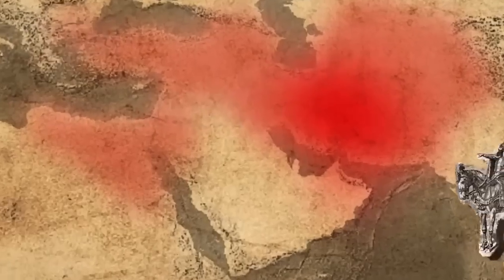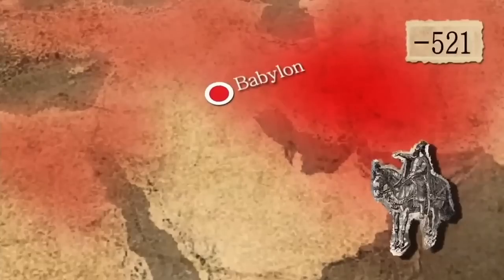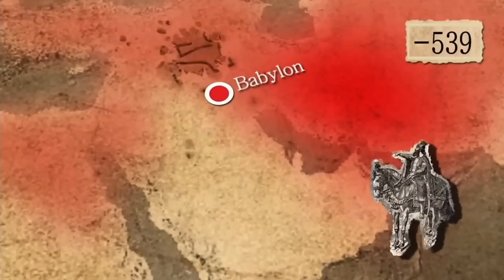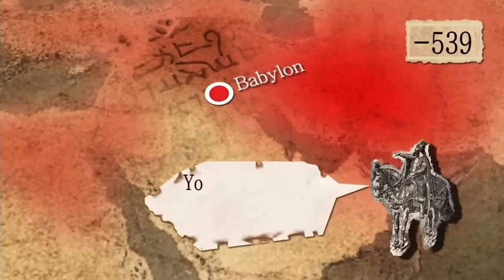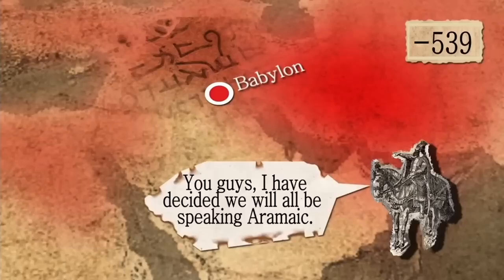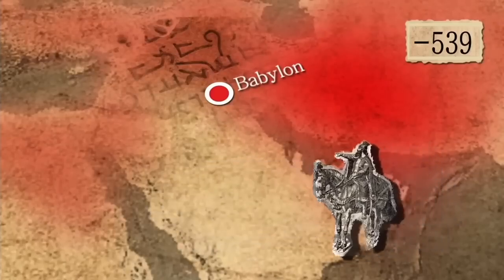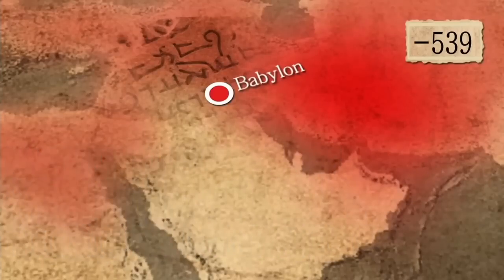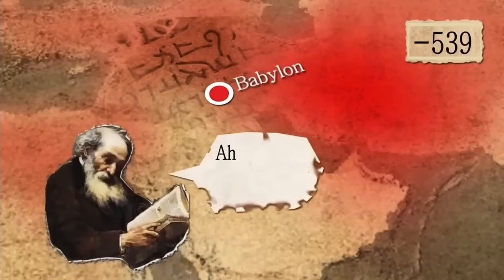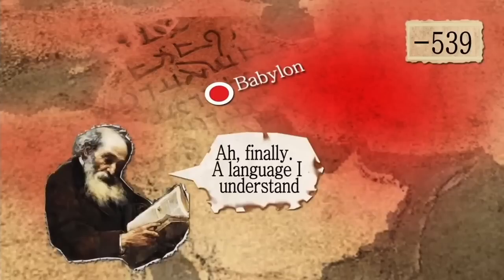When Cyrus the Great conquered Babylon in 539 BC, Aramaic had already been serving as the bureaucratic language of the Babylonian Empire for centuries. The Persians inherited the Babylonian administrative system and allowed it to continue functioning as it had for so long. Rather than imposing their own language, the Achaemenid rulers thus opted to maintain Aramaic as the lingua franca. This decision was practical, considering that few educated individuals would have spoken Persian, and even fewer would have been